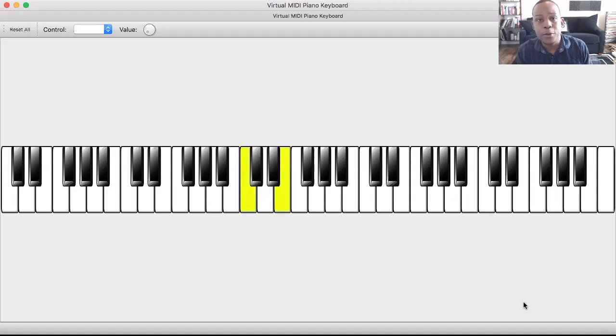So now when we get to fourths and fifths, this is where things start to change a little bit. So fourths and fifths, instead of using major and minor, are going to be described as perfect. So C to F is a perfect fourth, and C to G is a perfect fifth. So why are they perfect? They are called that because if you were to take this interval and invert it,